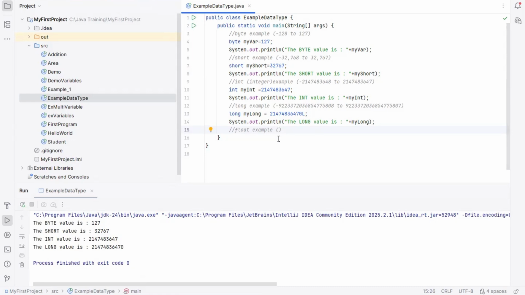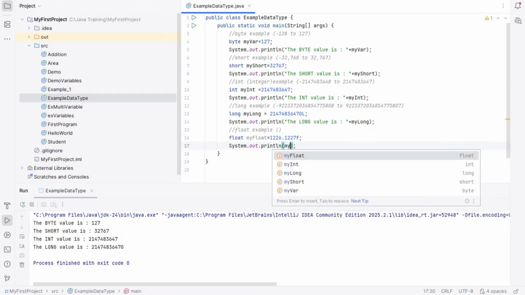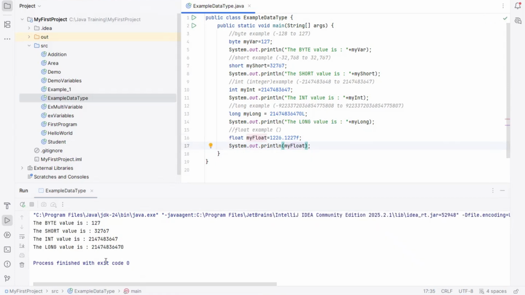So first, just give a float example. Float my float is equal to, just give some number after the decimal, two numbers. At the end, you have to give a small f, small f. Yeah, semicolon. Now print the value. You can give any number, I'm not telling you what number needs to be given. Can you add the text also? The float value is,